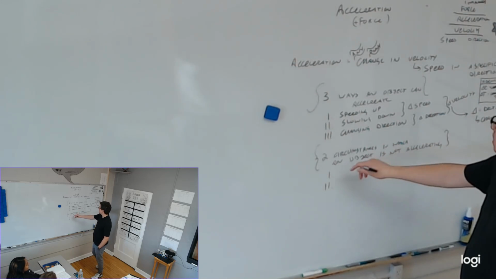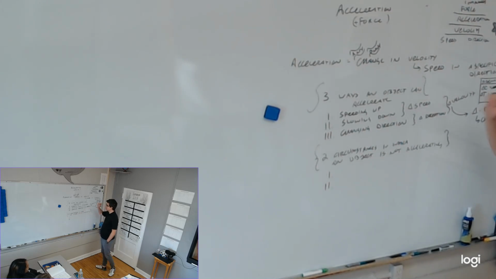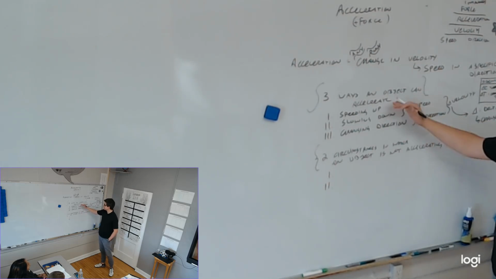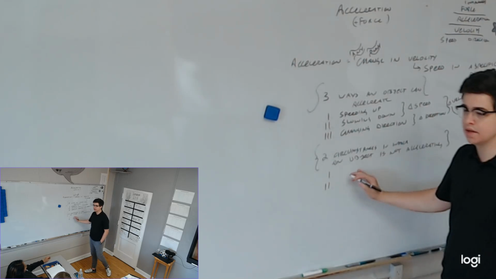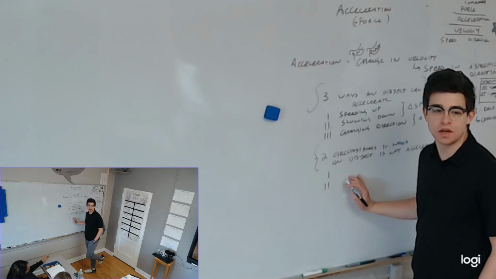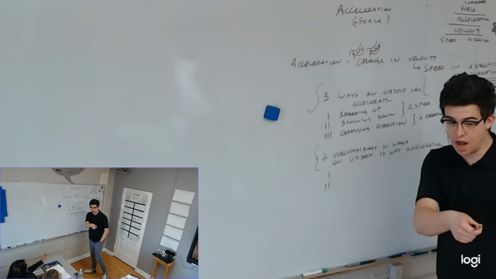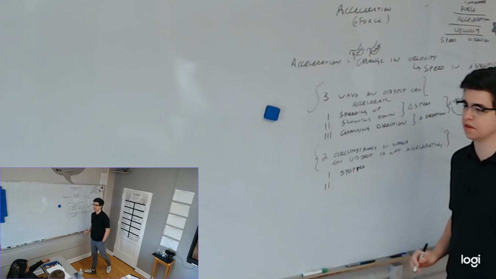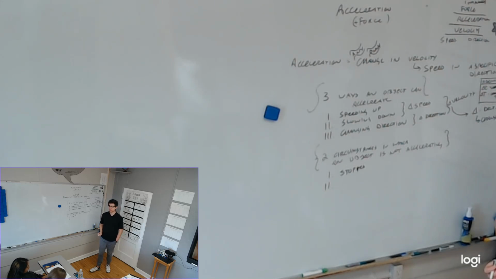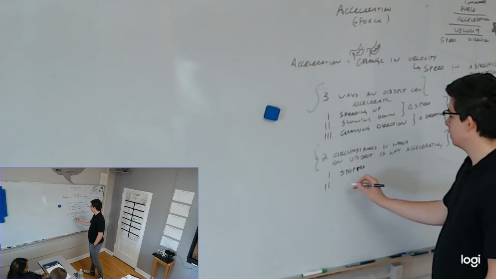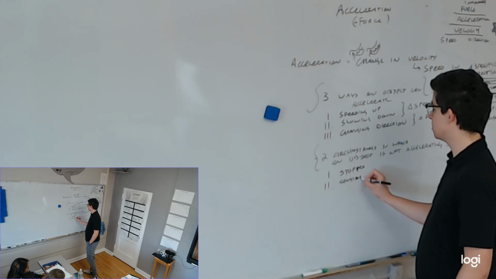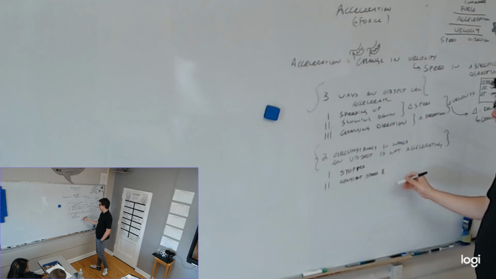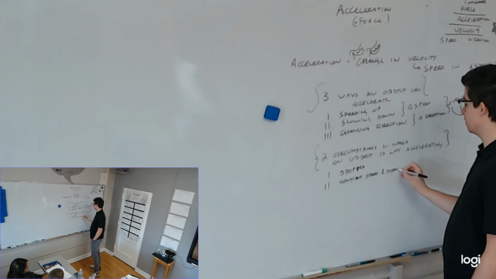ACT. Anyway, two circumstances in which an object is not accelerating. So if acceleration is change in velocity, and these are the ways it is accelerating, it is changing velocity. What are the two situations where it's not accelerating? Stopped. Yeah, if it's completely stopped, it is not accelerating. But there's another one that's more interesting, and people don't think of it. Yeah, what is it? When you're staying at a constant speed. Yeah, constant speed, but not just that. Constant speed and constant velocity. Well, really, that's more accurate. Constant velocity. We're going to say constant speed and straight line, or constant direction. Same direction.